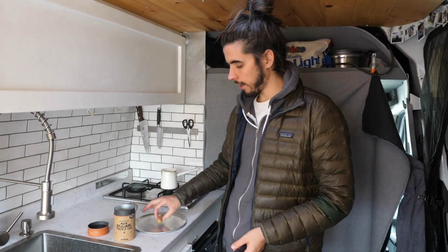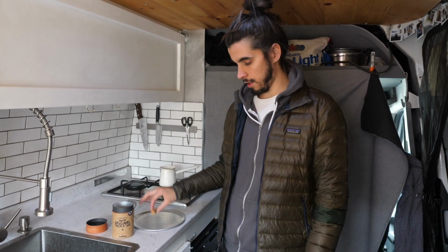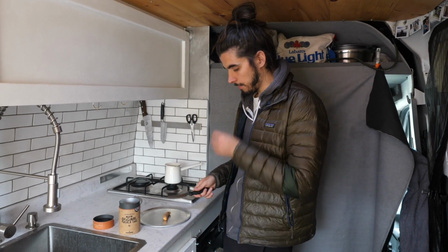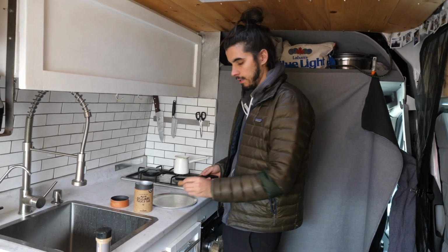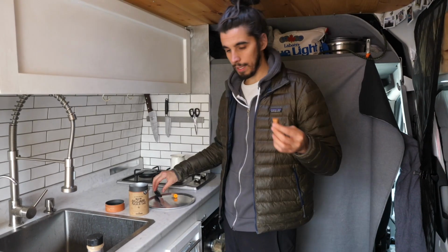So if you'll notice, I'm not even using my cutting board for this. I'm gonna scratch and dull this knife by cutting it on this metal plate. Yes, I'm aware of that. But it's a sacrifice I'm willing to do because this little nugget here is packed full of health. If you guys have never had turmeric before, it's that classic yellow powder, although inside it's actually orange. Trippy. If you don't want to get messy, feel free to sub what I'm doing with a turmeric powder,